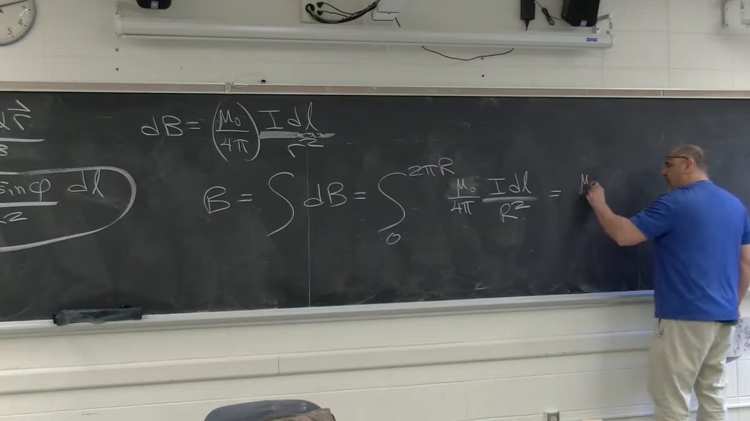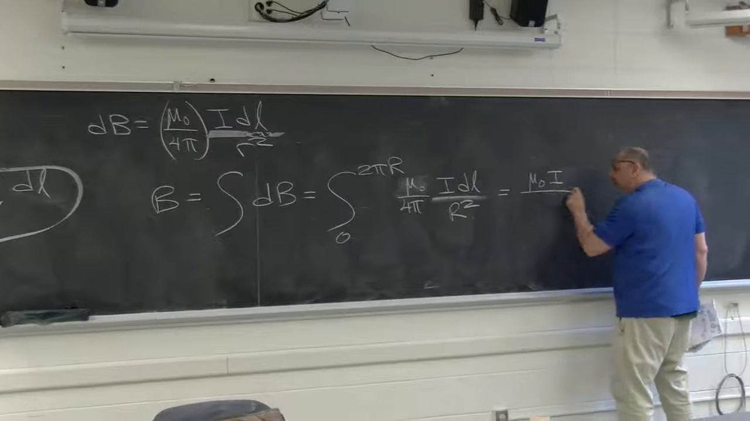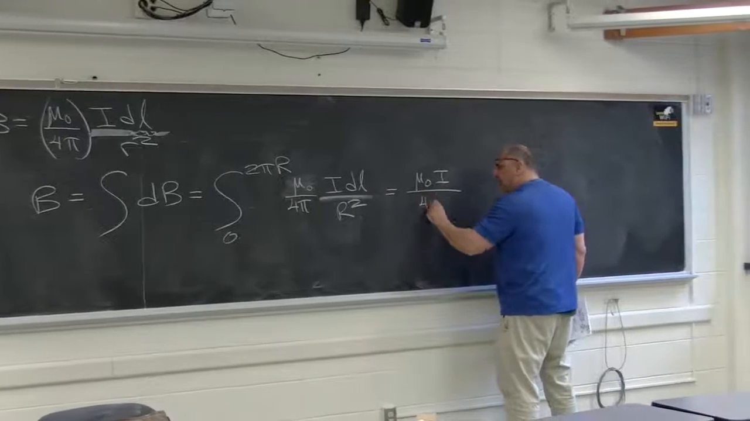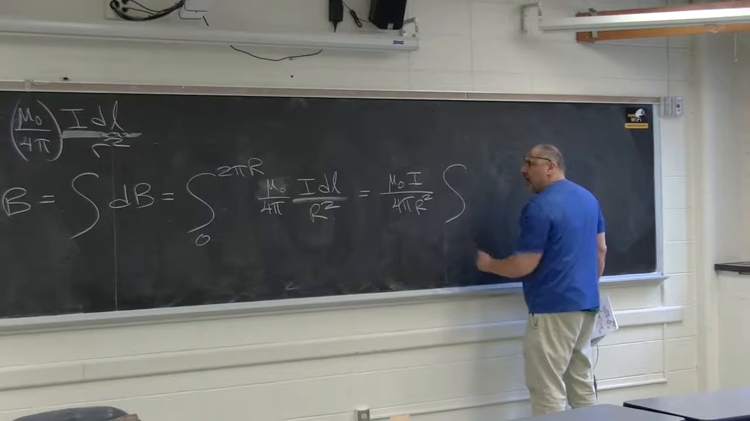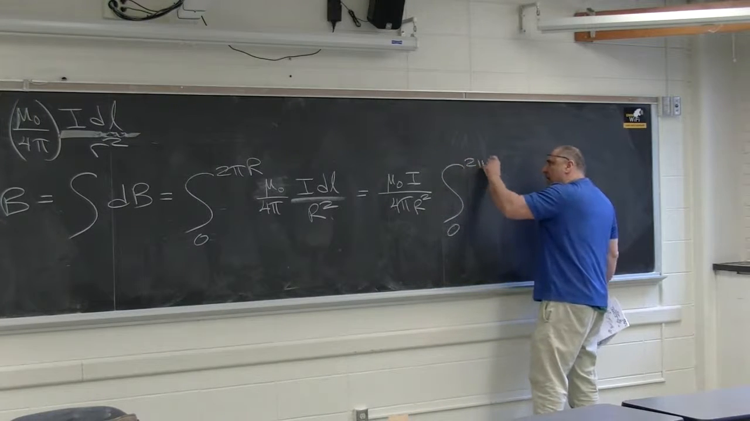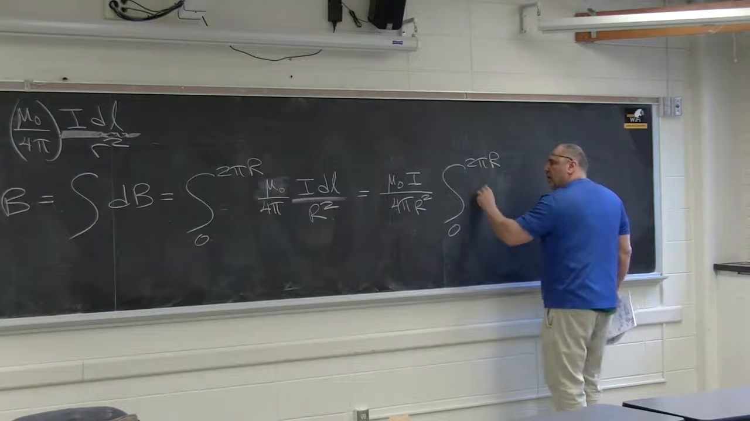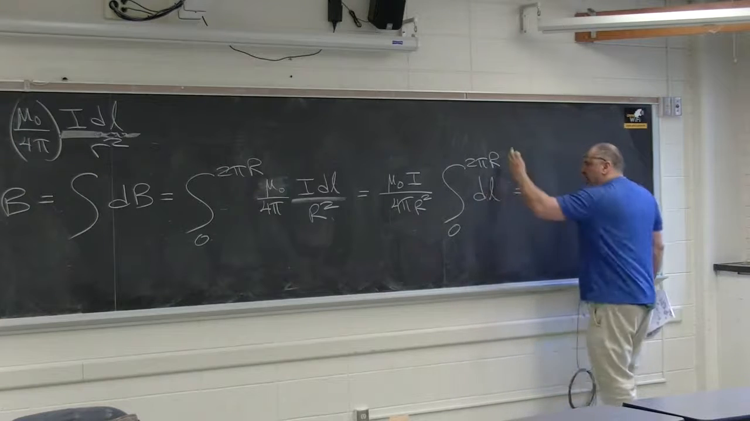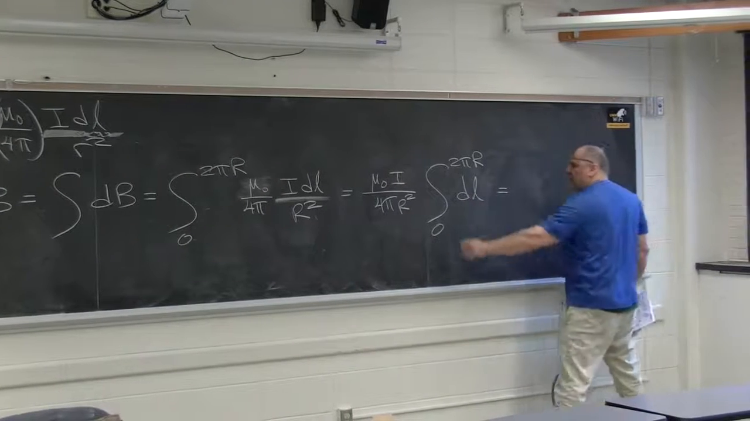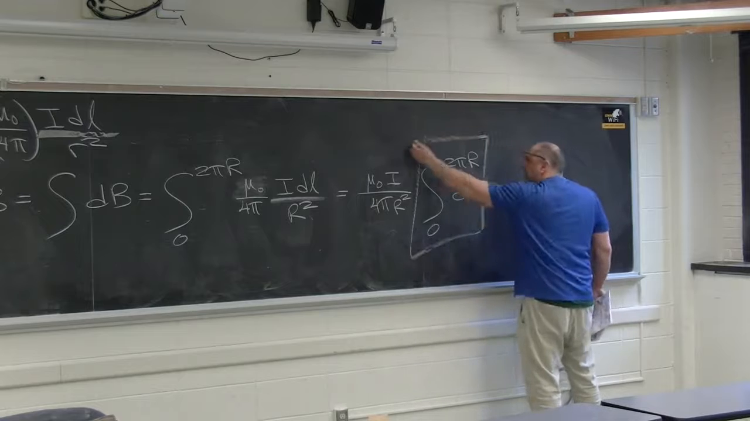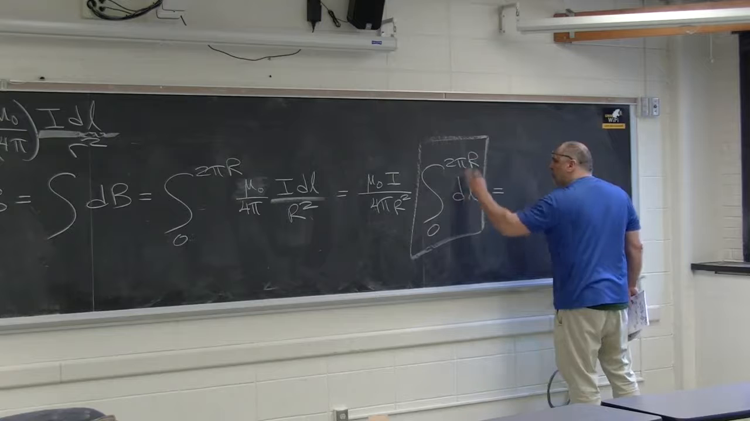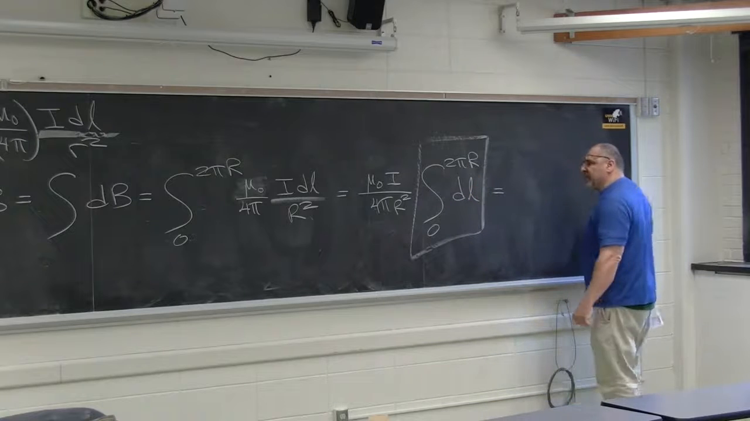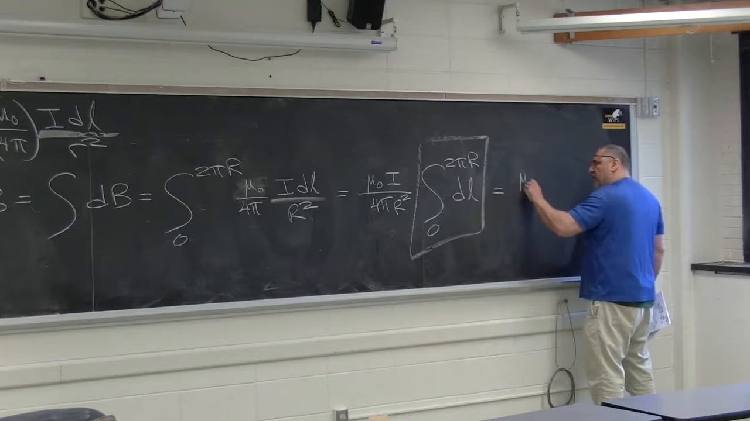Which means, in this instance at least, they're all constants as we talk about it. And you integrate from 0 to 2 pi r of dl. The integral of dl is L evaluated between these two limits, 2 pi r minus 0. It's going to be mu0 I